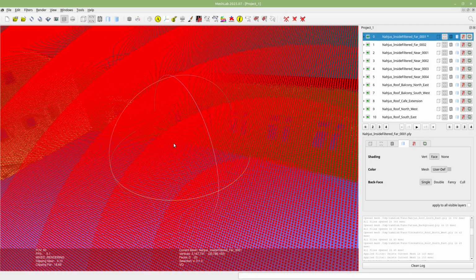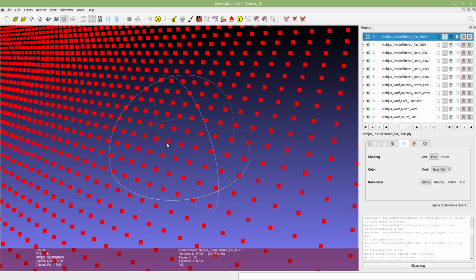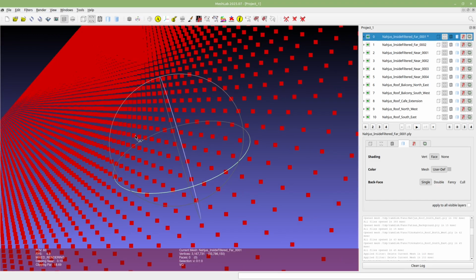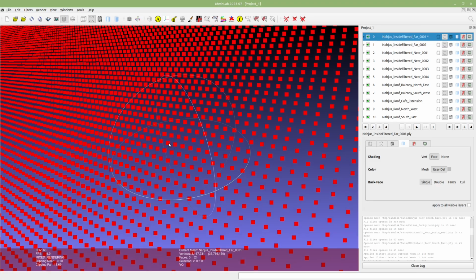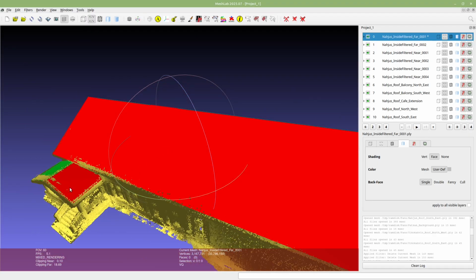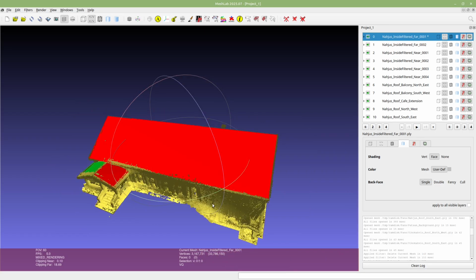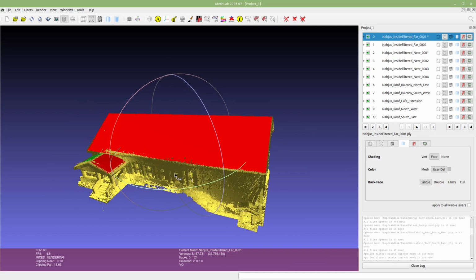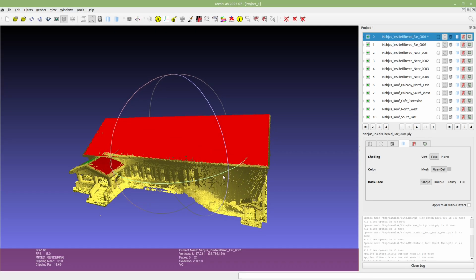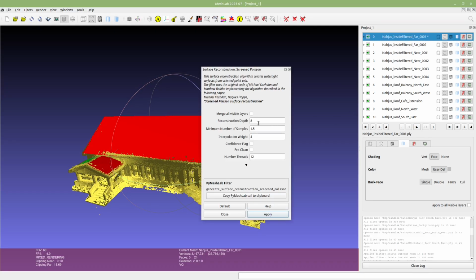So here are 2 million points very closely spaced here, and also on these smaller roofs. So let's see what kind of surface we get from these points.